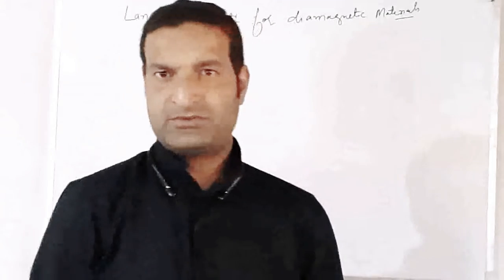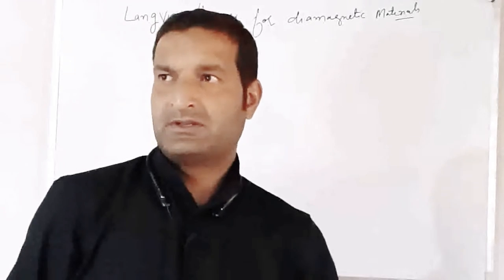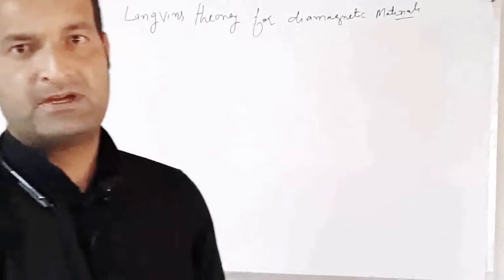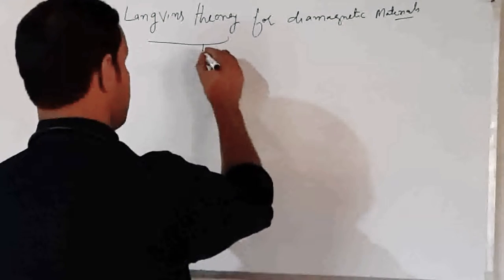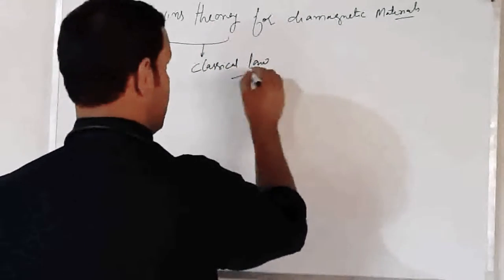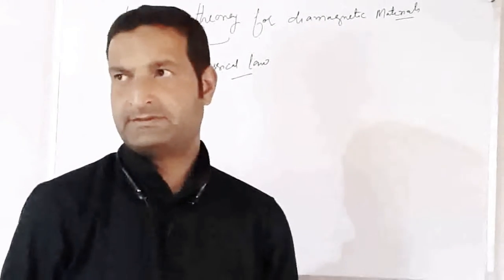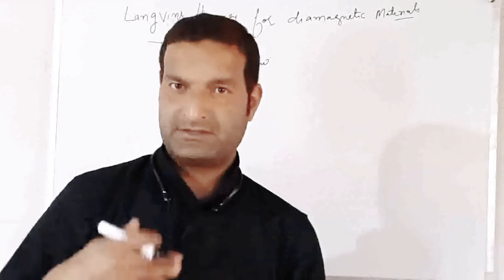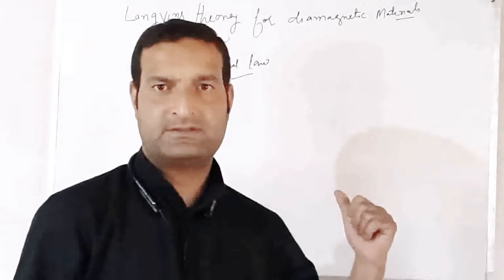So, what does this theory tell us, and how can we use classical mechanics to calculate the susceptibility for diamagnetic materials? This theory is based on classical law. There is also one more approach, the quantum approach, by which we can calculate the magnetic susceptibility of diamagnetic materials. But here in this case the classical law is used,